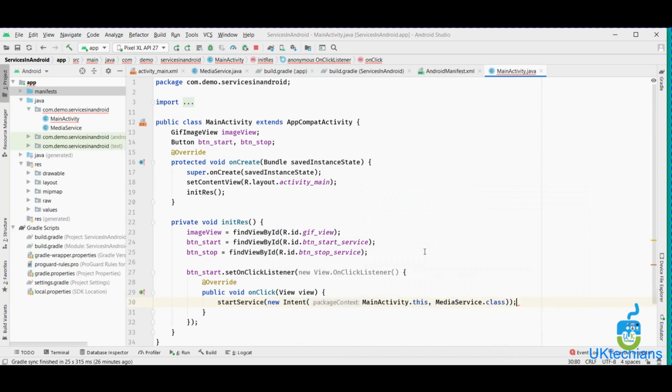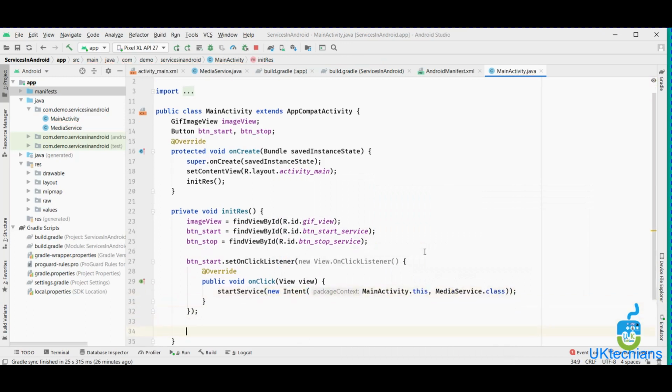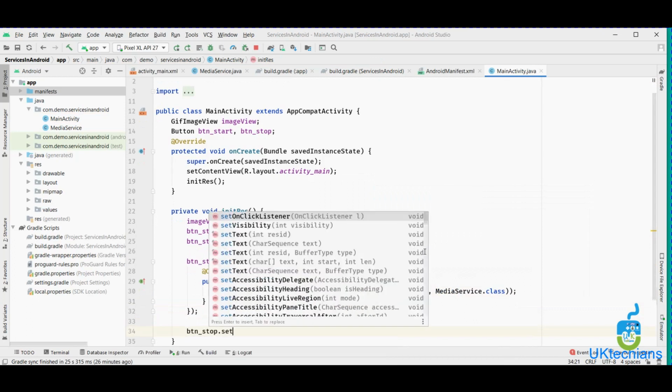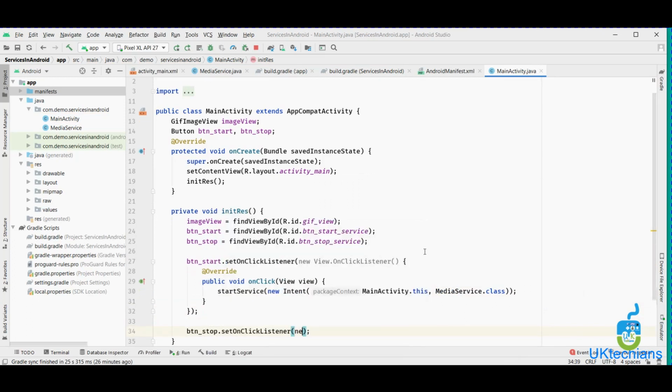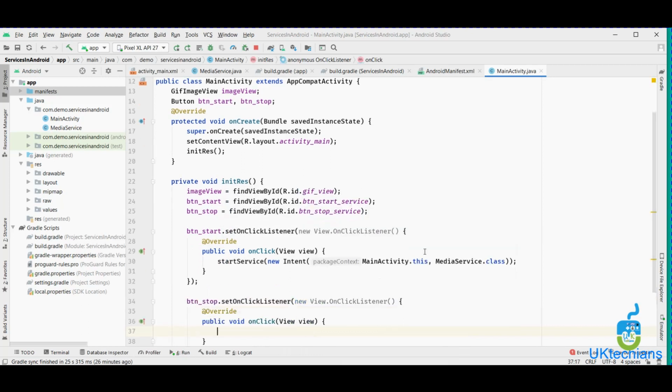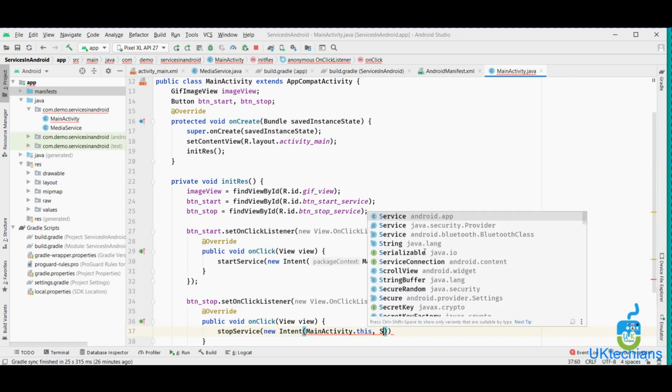Same we will do to stop the service: btnStopService.setOnClickListener, new OnClickListener, and we will call stopService with a new Intent, then pass the MainActivity context and then the service class.